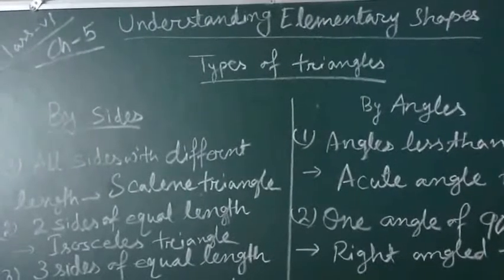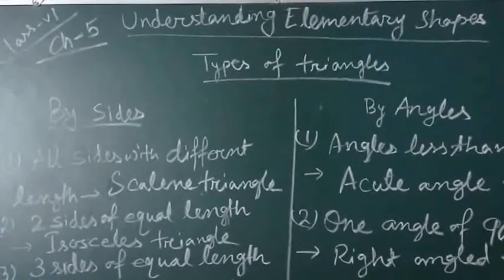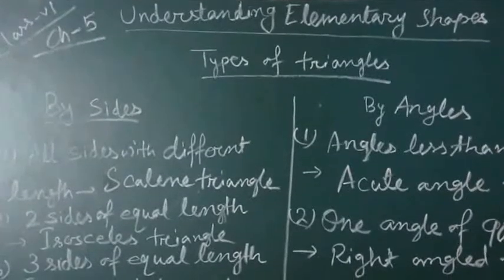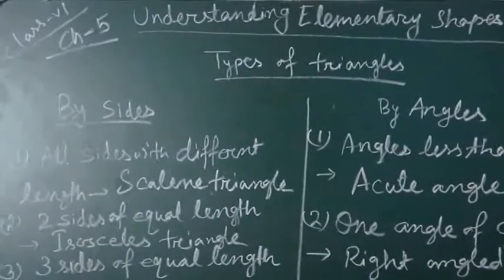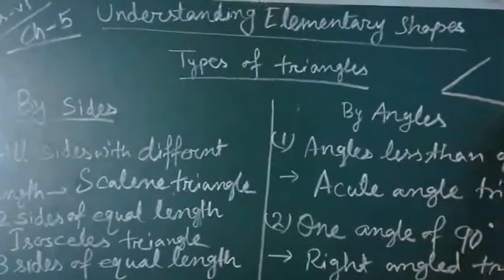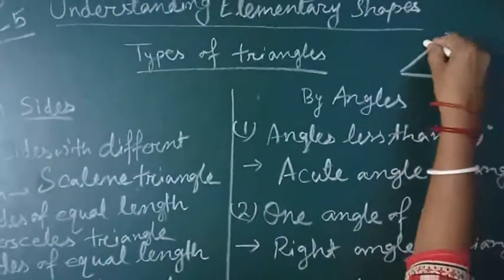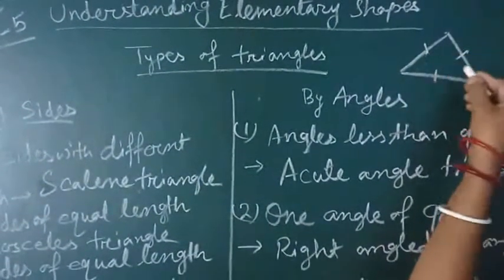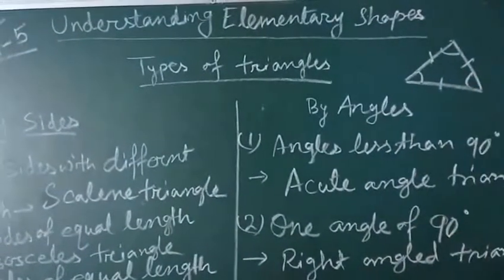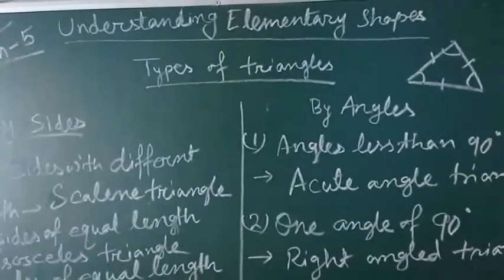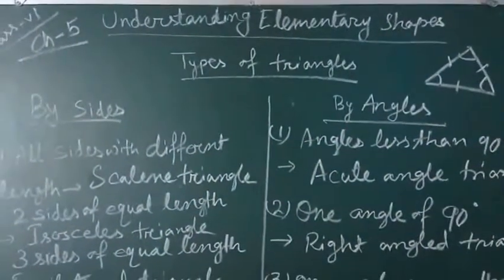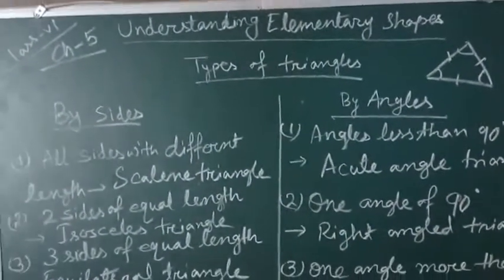Okay, you know that a triangle is a figure made up of three sides. When three sides make this polygon, that means this closed shape, in a triangle you will get three sides, and with these three sides you have three angles. So a triangle can be divided into two groups, by the sides and by the angles. Now how can we differentiate them?